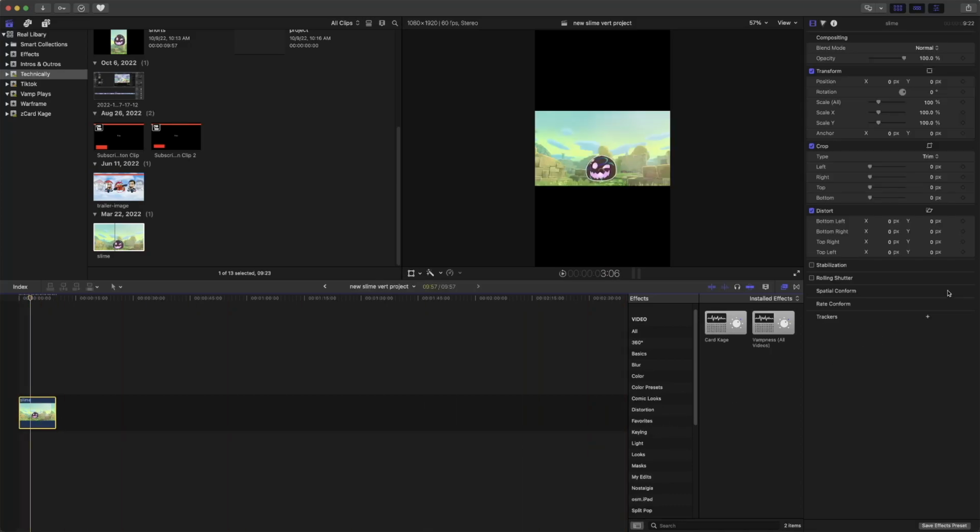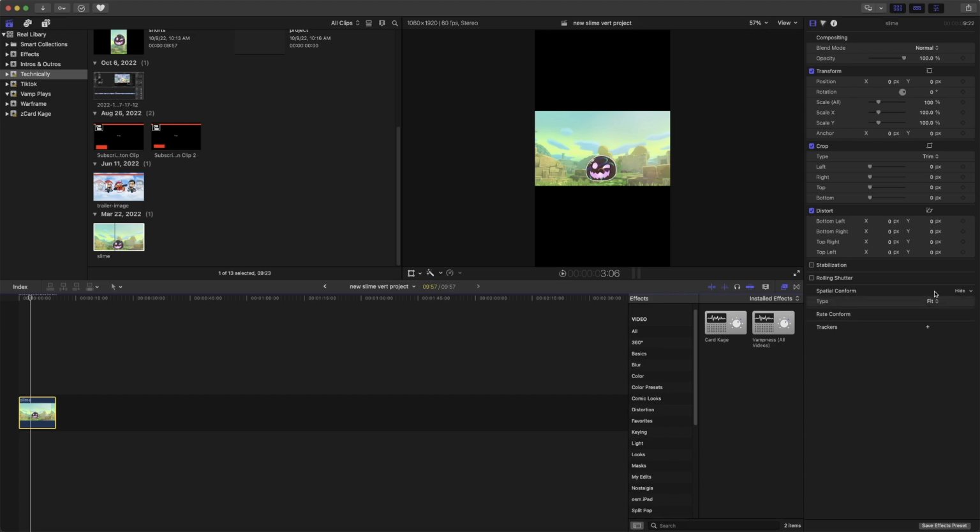Well, that's where these options will come in handy. Sure, you could go through the whole trouble of playing around with the scale, but I'm going to show you guys a different way, which is if you come down here to spatial conform,